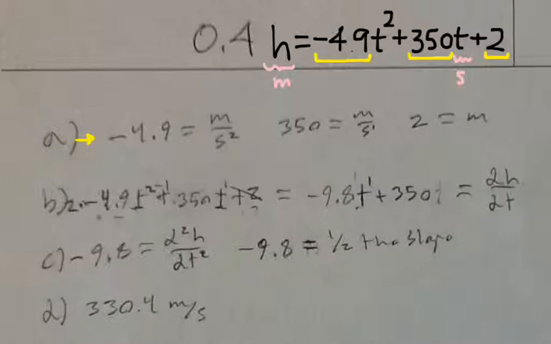Okay, so for the first one, they're asking about negative 4.9, and we were able to determine that that's meters per second squared because, well, in my head, what I was thinking was, since t was in seconds, I took all the t variables and made them s, so it looked like seconds squared and 350 seconds. So if you do that, and,